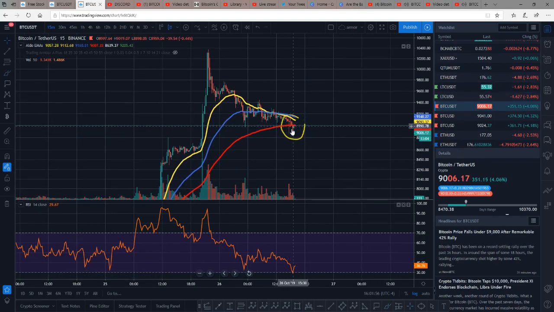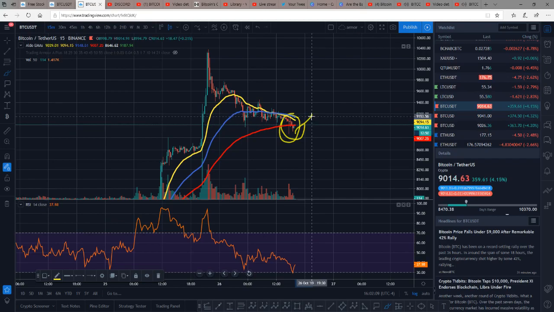This 100 EMA, this red line, is the 100 EMA on the 15 minutes. It should be holding the price temporarily. The bears could be attempting to keep the price breaking this area, because it's going to be extremely not good for them. So basically keeping the price between